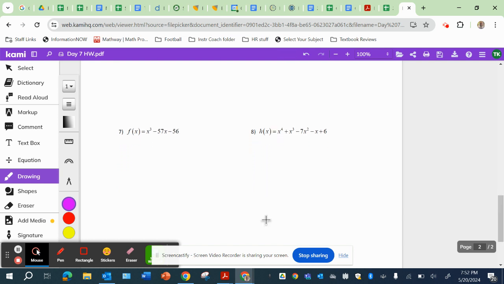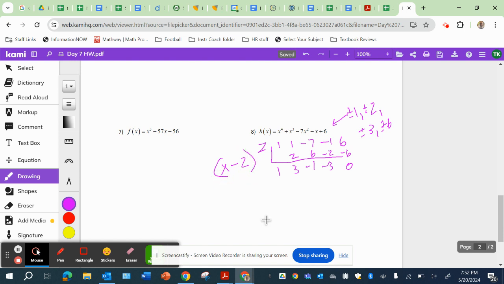This is a longer one, but the factors of 6 are 1, 2, 3, and 6. Let's try a 2. So 2, 3, 6, -1, -2, -3, -6. Yes. So now that means one factor is x minus 2. So now I have